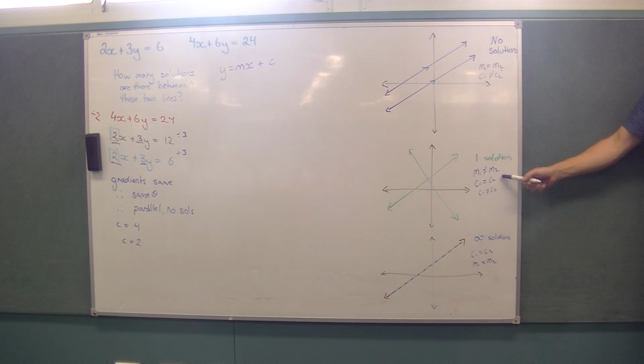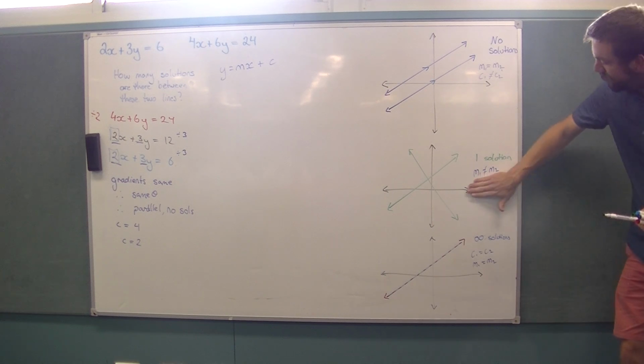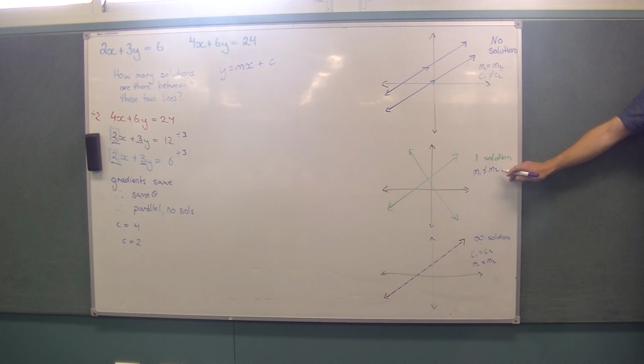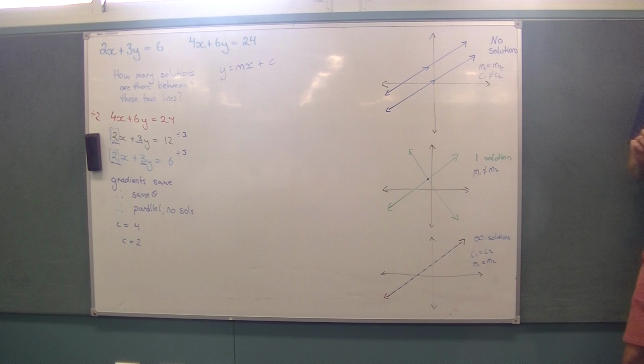So in this case, do we need to reference the y-intercept? No. Because the key factor is the gradient, isn't it? Yeah? So we can choose to leave that off. All we're looking for here is the gradients are different. If the gradients are different, there's going to be one solution where they intersect. If they're the same, the lines are parallel, and then you go through your steps of finding the